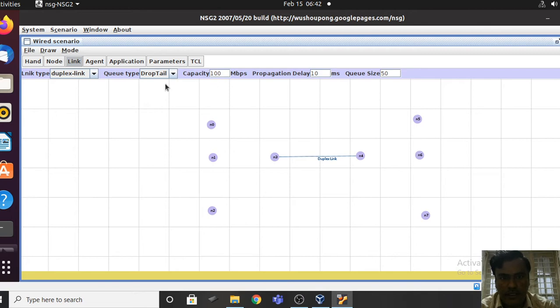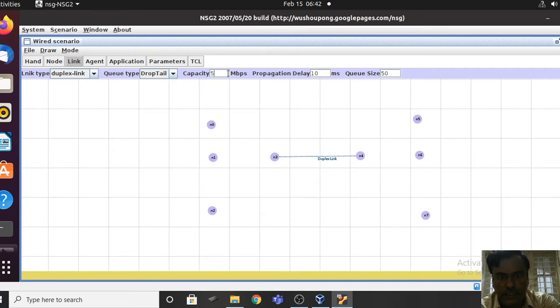And for the rest, I'm going to make the changes. I'm going to use the same queue management scheme. After that, I'm going to change.